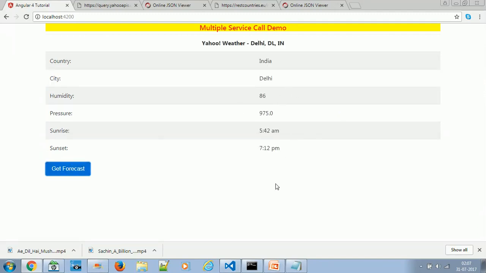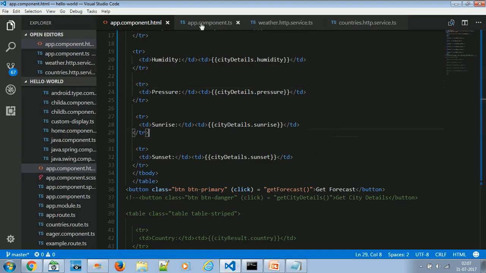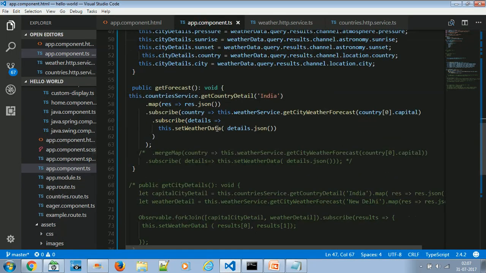So this is fine, but what is the issue here? The issue is that we are using the conventional way of sequencing my calls. For as many calls as I want, I'll keep using dot subscribe, dot subscribe, dot subscribe. This way I'm making a pyramid structure, which is not good for the readability of the code.